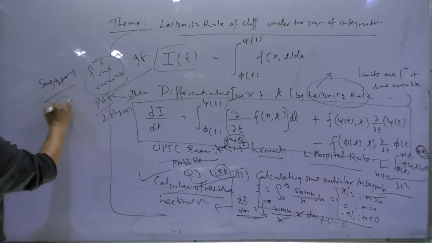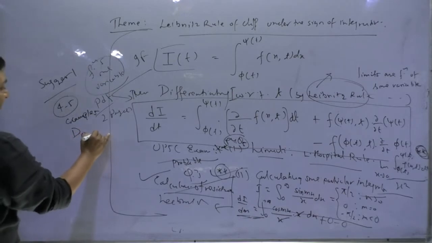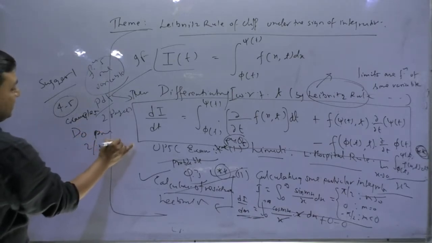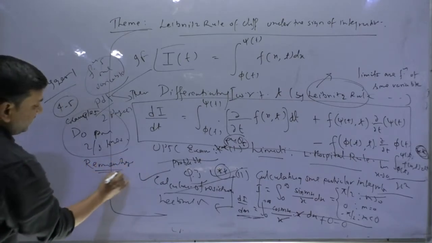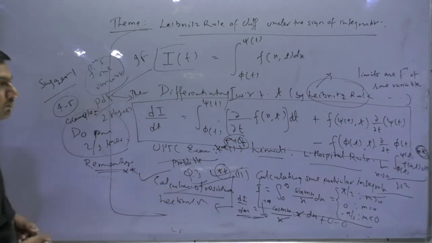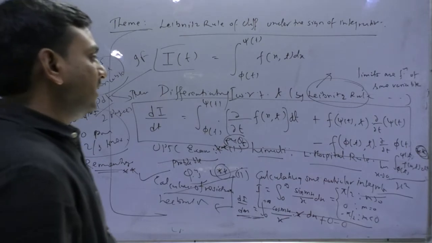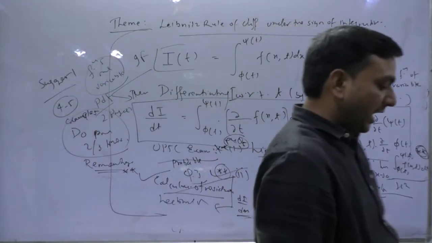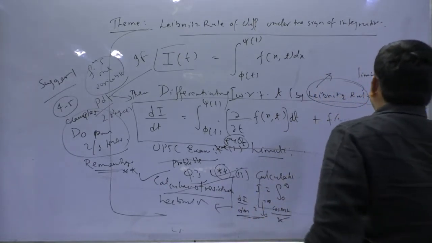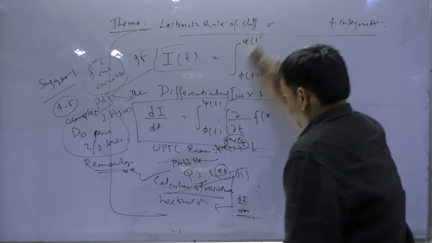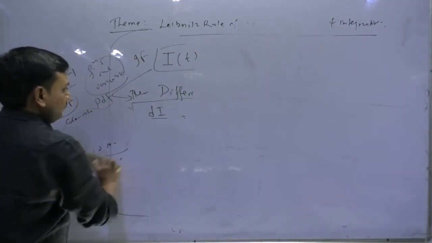the starting 4 to 5 examples, friends, please do practice at least 2-3 times and do remember those steps where I have also put star marks in that PDF. So you have to remember those. Okay, so this is the Leibniz rule of differentiation under the sign of integration. I will take one tutorial for this for the separate questions.